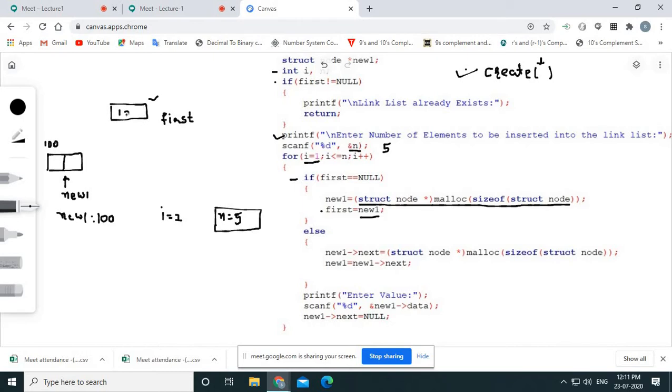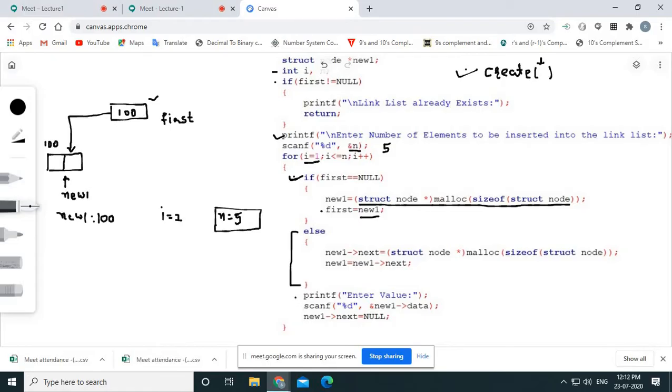So here we can say our first pointer is pointing to the node which is created on address 100, right? Obviously if the if part is true, the computer will not go into the else part, so this whole else part gets skipped by the system.